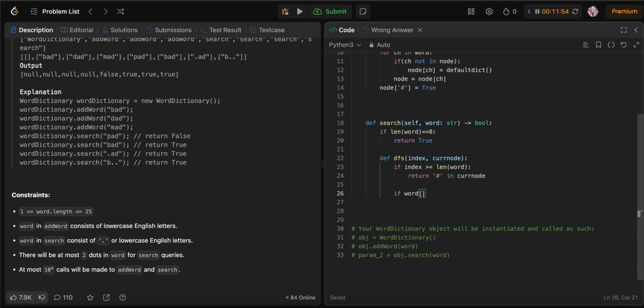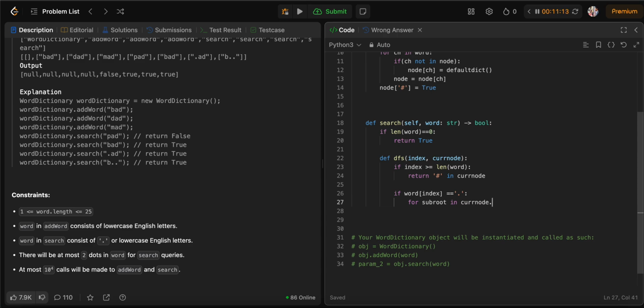if word of index is equal to dot. If this is the case, then I will loop over all possible subtrees of the word at index. So for all possible subtrees, that is, for subroot in current node dot values,